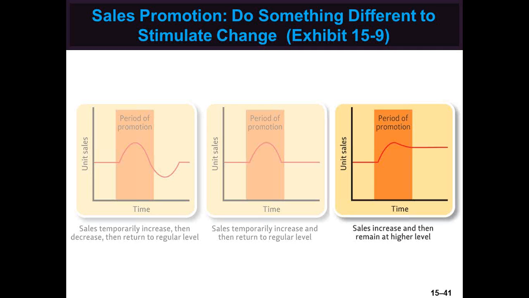The second pattern is consumption increases during the limited time promotion, but when the promotion ends, sales go back to normal. And then the third pattern, free samples of a product pull in new customers who like the product and keep coming back. This pattern is the kind of long-term result that is the aim of effective sales promotion. More companies are using a greater percentage of their promotion dollars on sales promotion. Sales promotion spending has grown in mature markets, where tough competition requires extra incentives to sell.